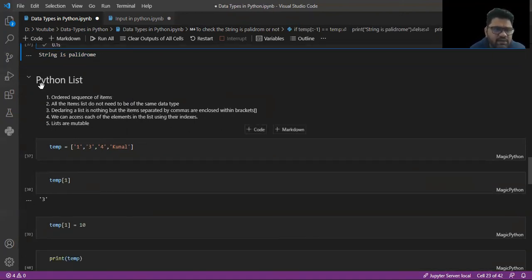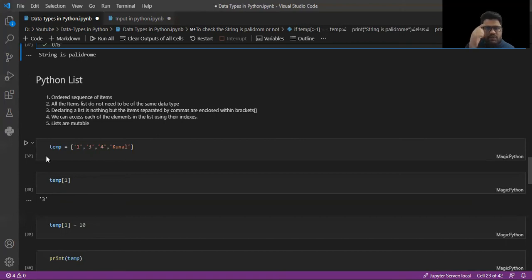Then the next data type is the Python list. It is also an ordered sequence of items. Python does not contain an array as a data type, but we have this list. So we can use a list as an array, and to present the data in array format, we have to use NumPy as a library.